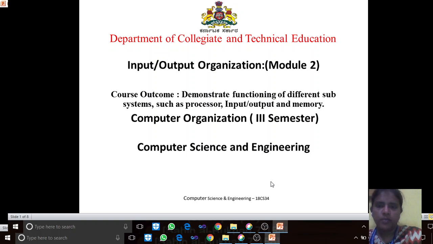Welcome to module 2 in the subject computer organization. Module 2 name: input output organization. By studying this,